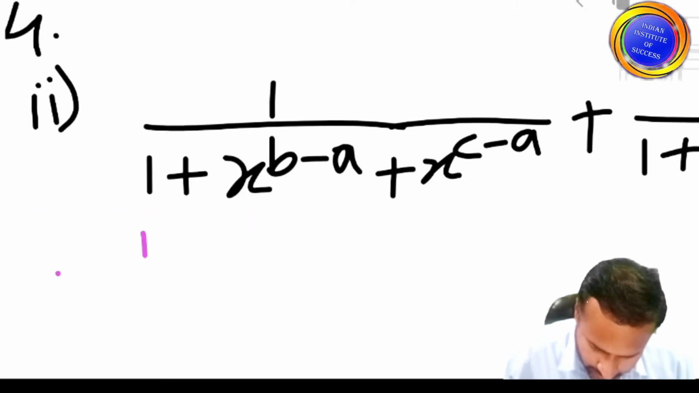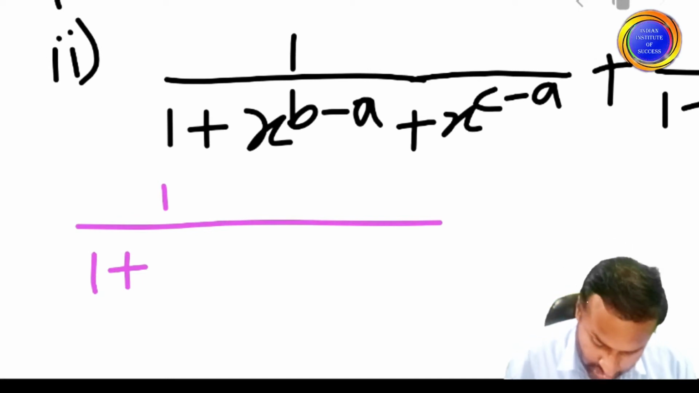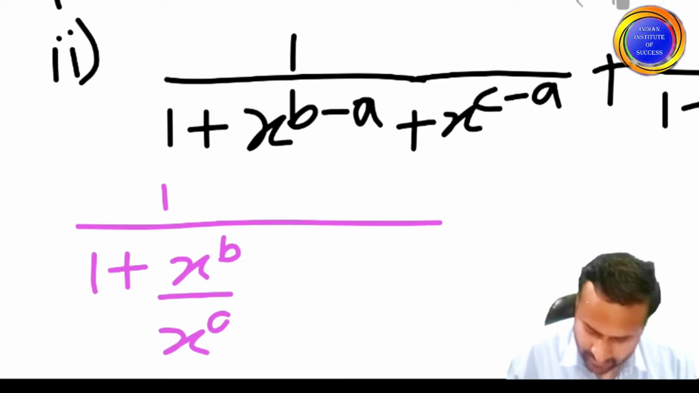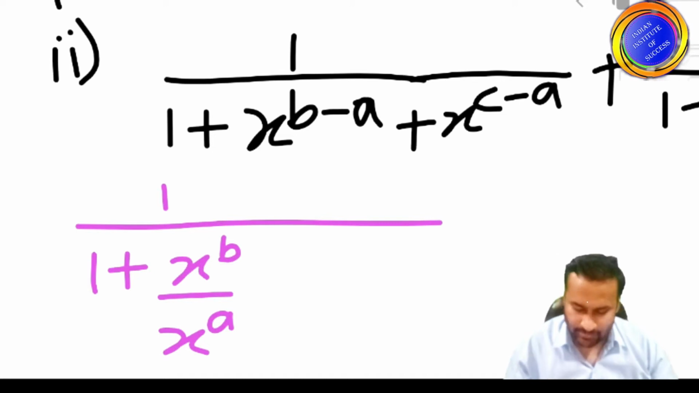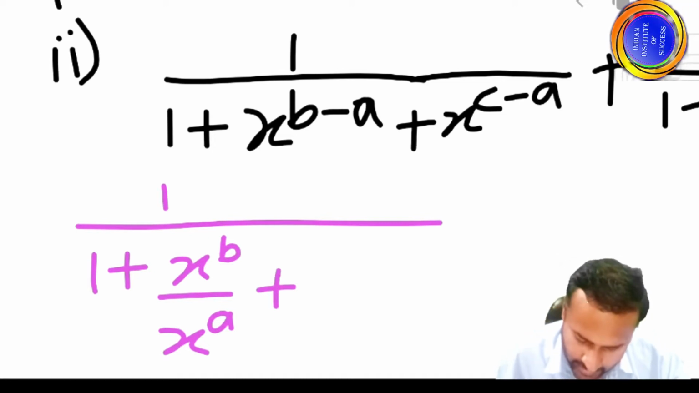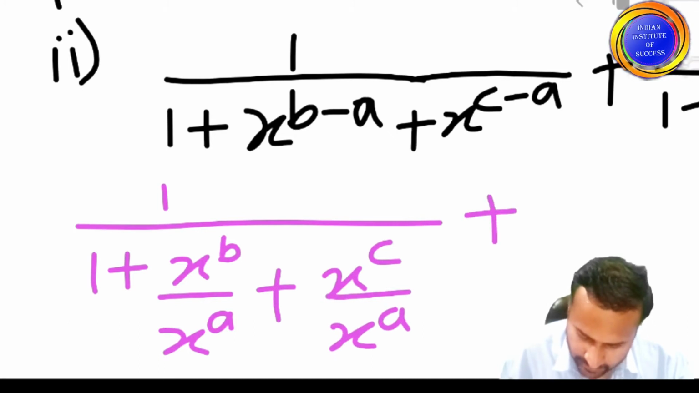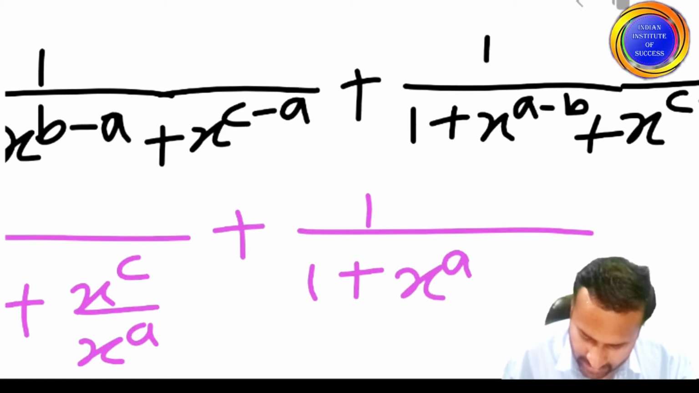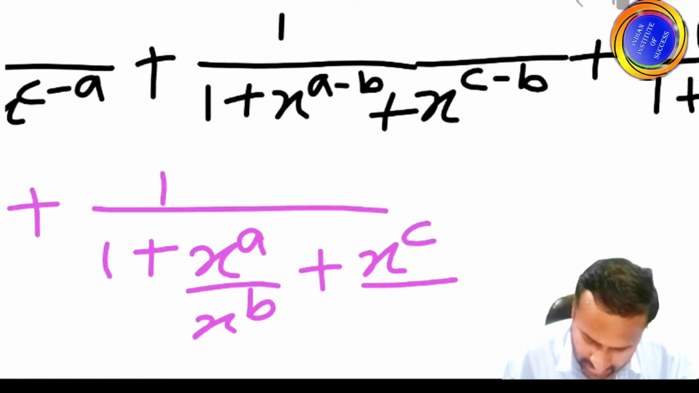So 1 plus b, x raised to power b minus x raised to power a. When bases are divided, powers subtract. So same thing we have done here, x raised to power c upon x raised to power a. Now once again 1 upon 1 plus x raised to power a upon x raised to power b, then once again plus x raised to power c upon x raised to power b